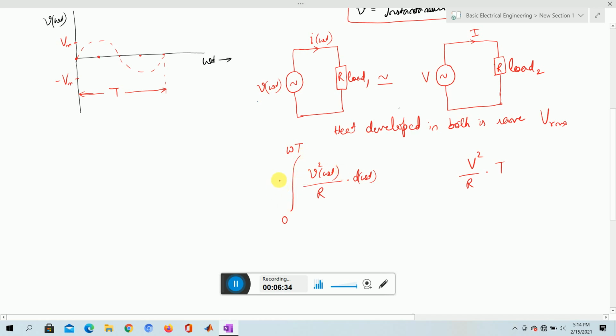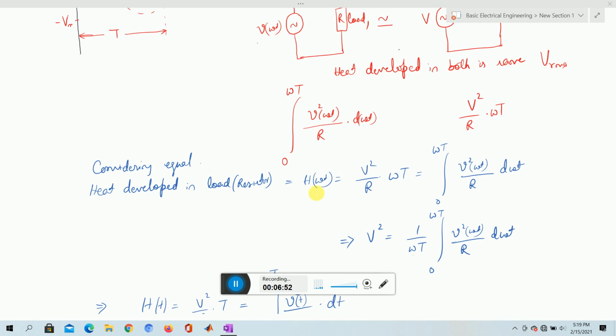हम इसको ऑन रखें, and we can similarly here also take up to omega t as a value till which we can turn on the entire circuit। तो दोनों को हम समान देर तक इसको ऑन रखें फिर हम इसको इक्वेट करते हैं। So here we have just equated, considering equal heat developed in both the loads, कि दोनों लोड में अगर समान हीट डेवलप होता है तो the heat developed इसको लिखा है in terms of omega t, because हम सारे क्वांटिटीज को एक्स एक्सिस में ओमेगा टी से ले रहे हैं